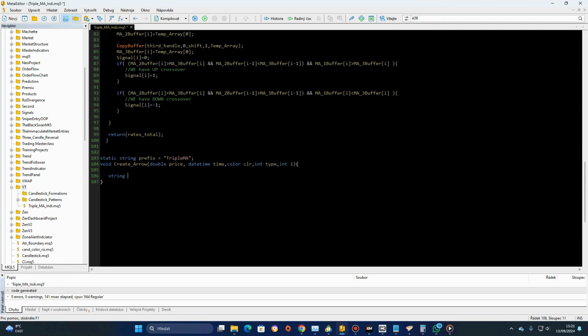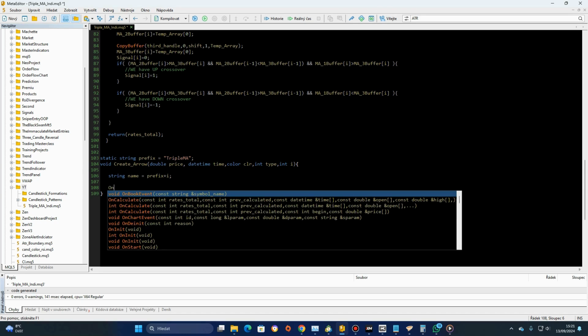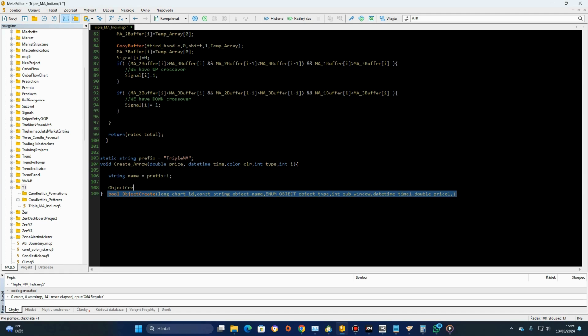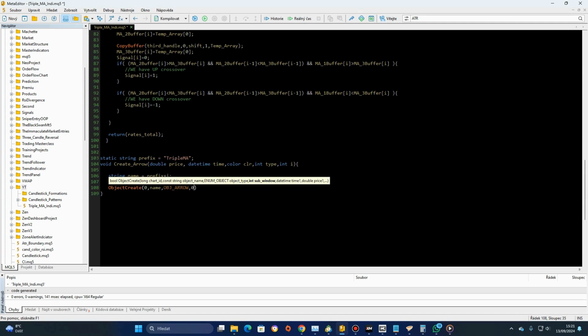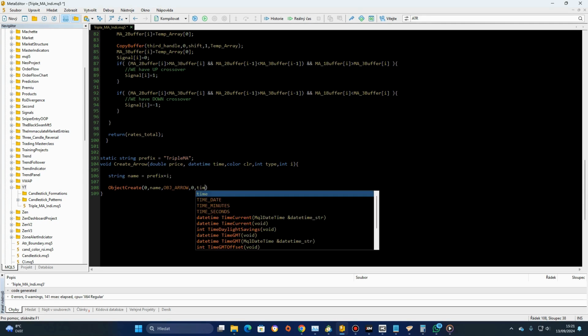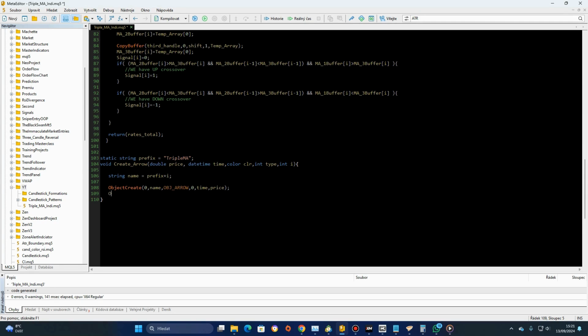Let's create our name. So string name of that object will be prefix plus i. This should be enough. And then let's create the object. So ObjectCreate, 0, name, OBJ_ARROW, 0, time, price. Now we have to